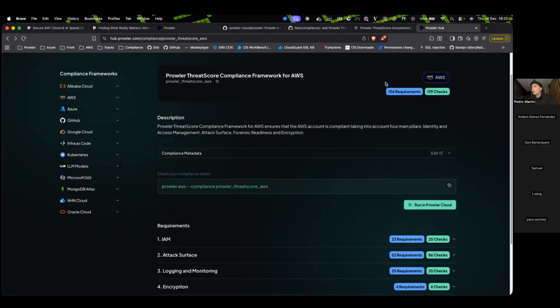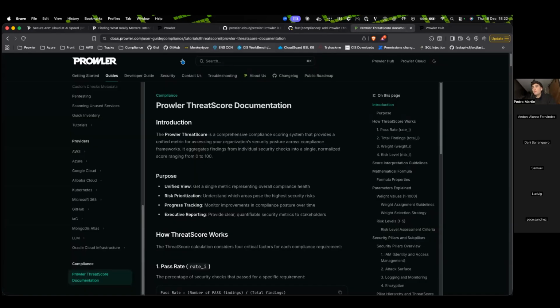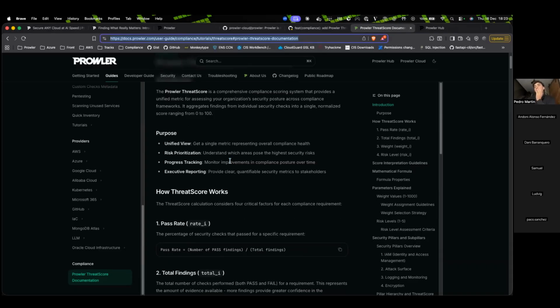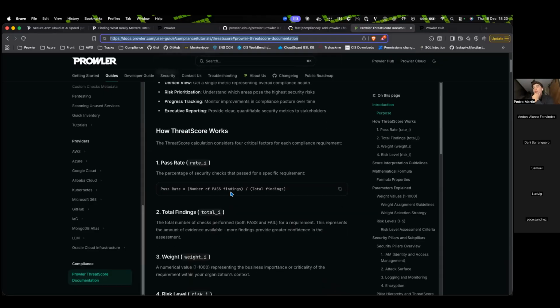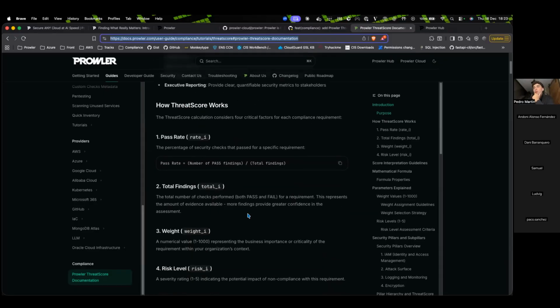So we are going to go through the Prowler ThreatScore documentation. I'll share the link here. So here is the Prowler ThreatScore documentation, and if we go to the How ThreatScore Works section, we are going to see that we get, first of all,